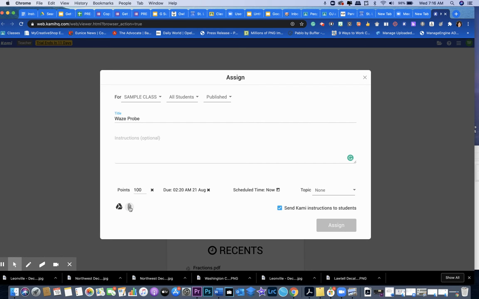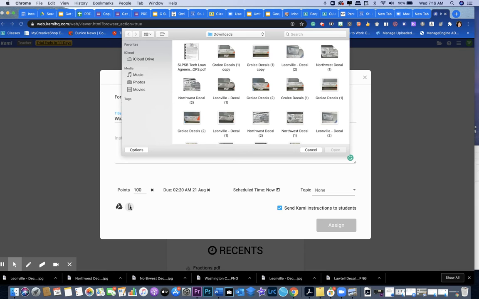Let's say that you have a document that's in a PDF that you want to send to your students. I'm going to go ahead and click this loan agreement. Let's just say that I want my students to be able to complete this loan agreement, okay, a technology loan agreement that I have. I can select that particular document,